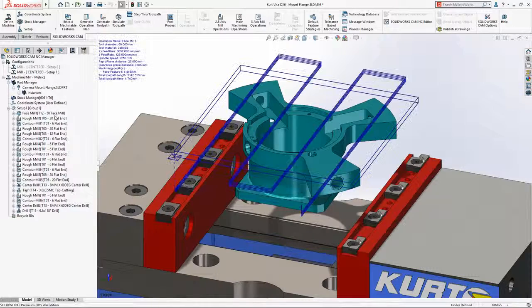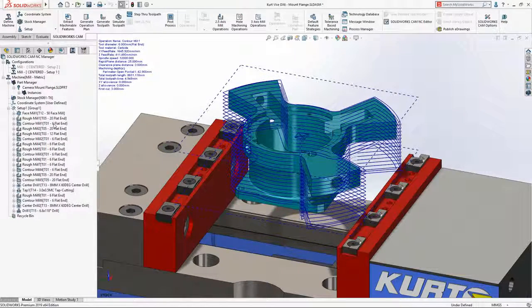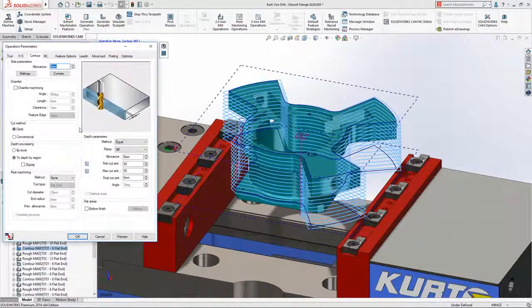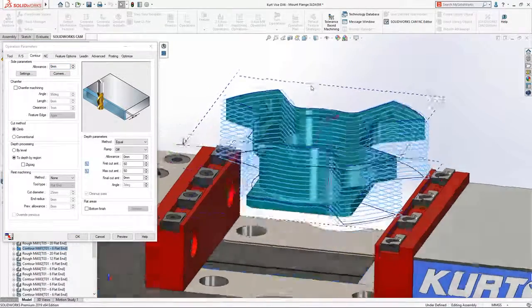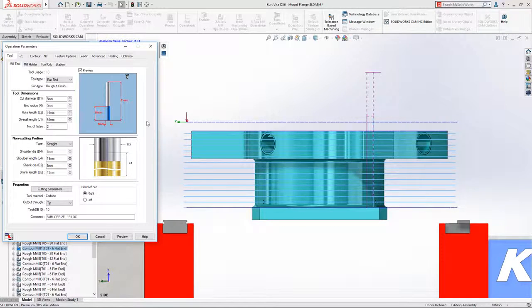Switching configurations to setup 1 reorientates the part and changes the operations tree to display only the operations unique to this setup. To finish programming the camera mount, we're going to make some changes to the contour milling operation for the outer faces. As the straight tool gets to the bottom of the part, there's a risk that the shank will touch some of the faces at the top that were already machined earlier in the operation, spoiling the surfacing